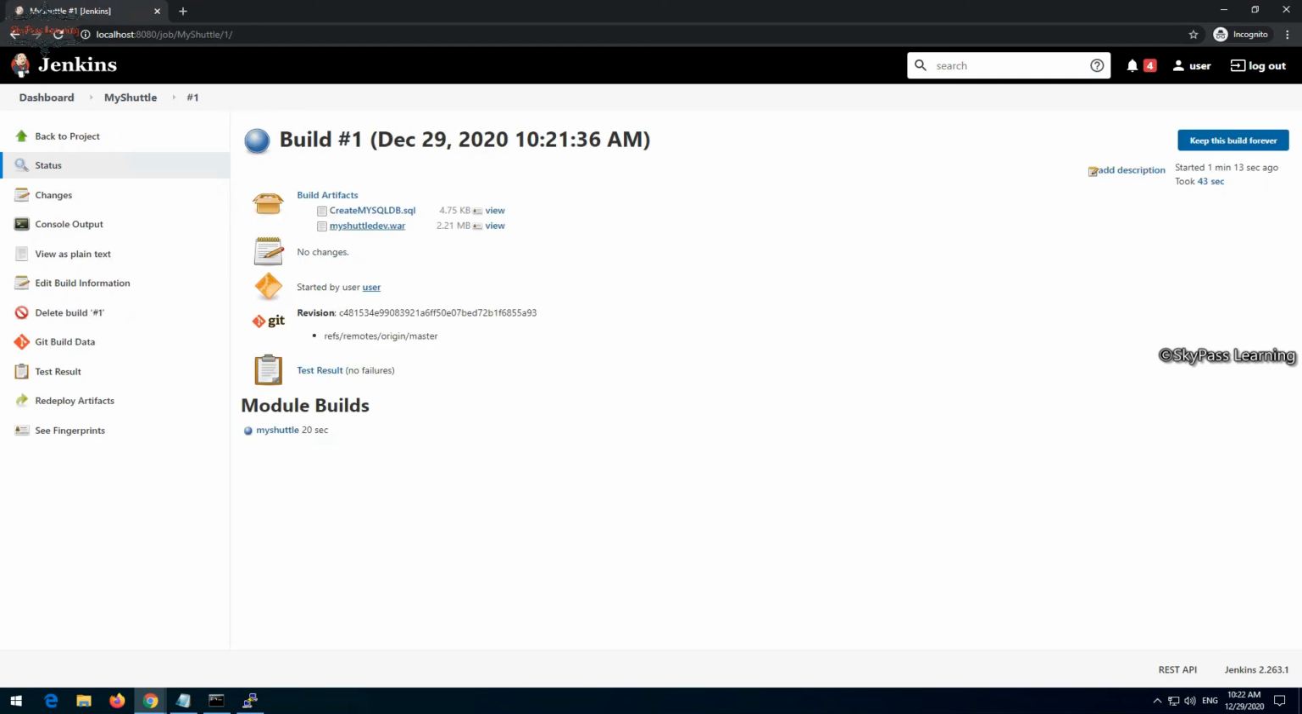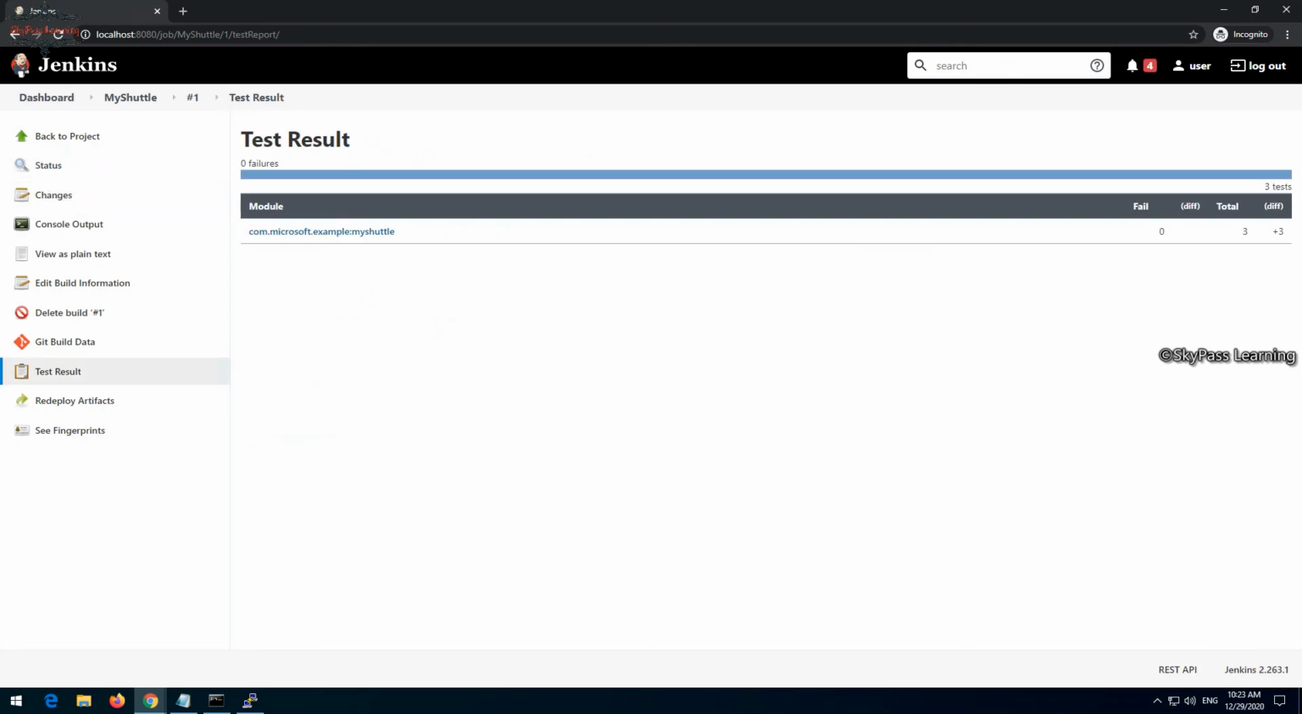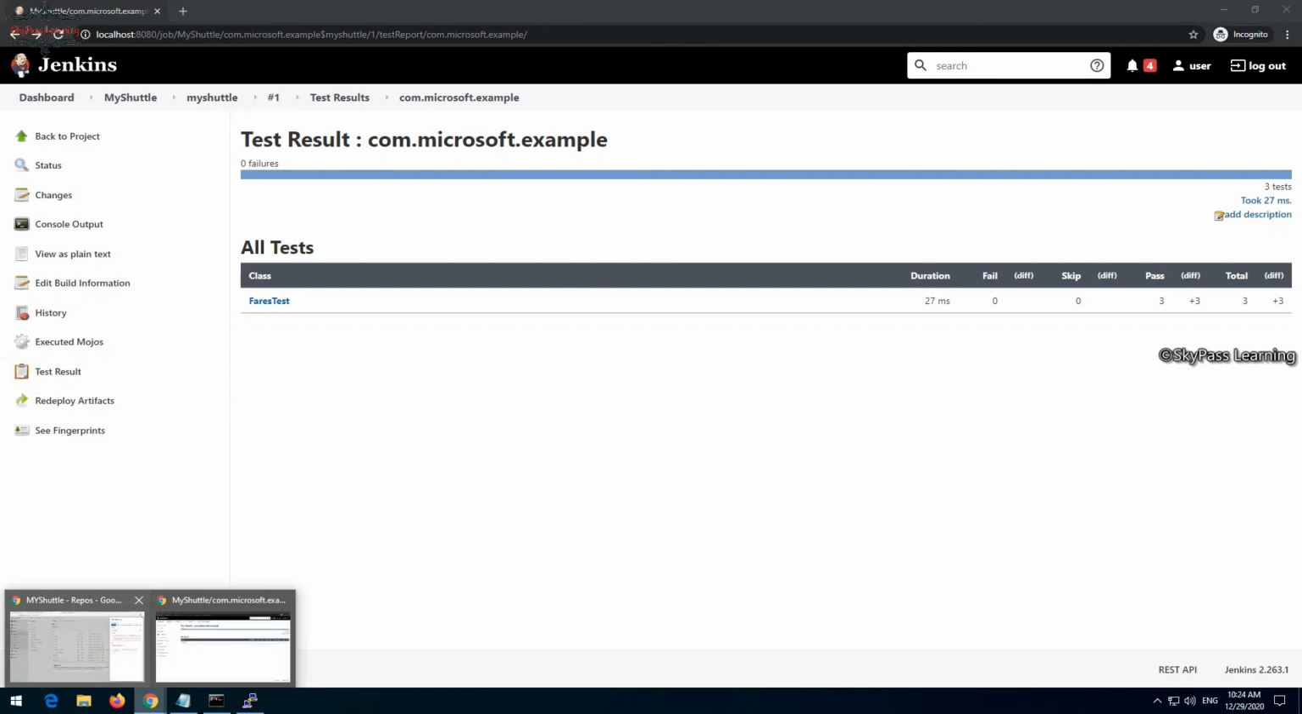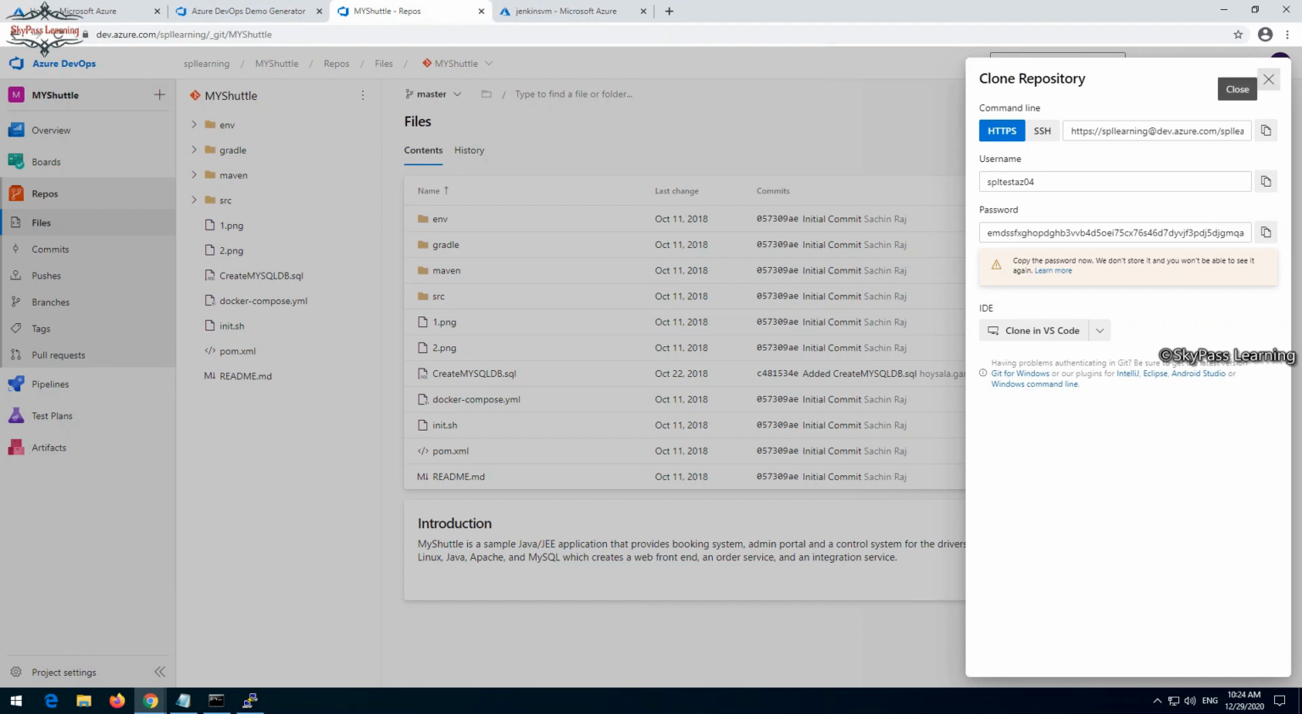Okay, you can see the build artifacts are there, and it's created whatever we have done. And if we click on test result, you can see no failures detected. That means because we have not made many changes or done much activity, we can't see a lot of information here. So we can see the build artifacts that we have taken from my repository. If I go back to my shuttle and the repository, from there it's taken, and